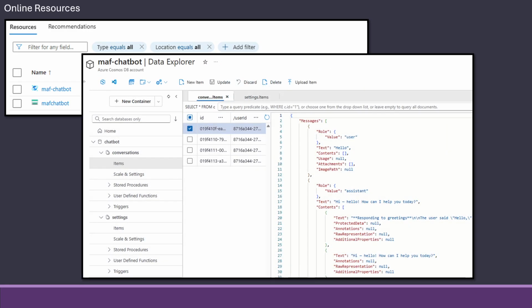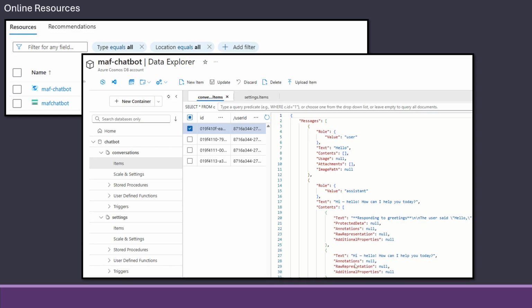The Cosmos DB will be auto set up if you just provide a connection string, but it ends up with a database called Chatbot and 2 containers, one for conversations and one for settings. So you can see here, if I have 4 different conversations, there will be 4 different items here, and each of them is linked to a user, so each user gets their own.